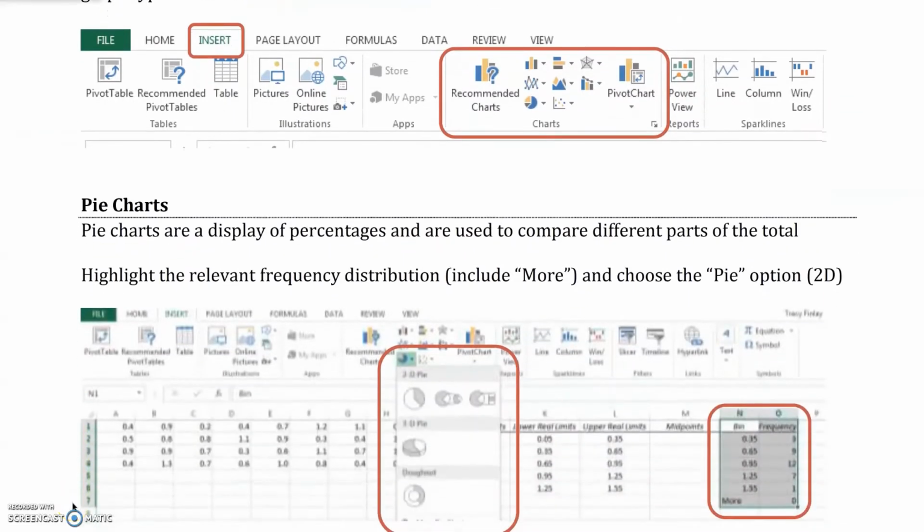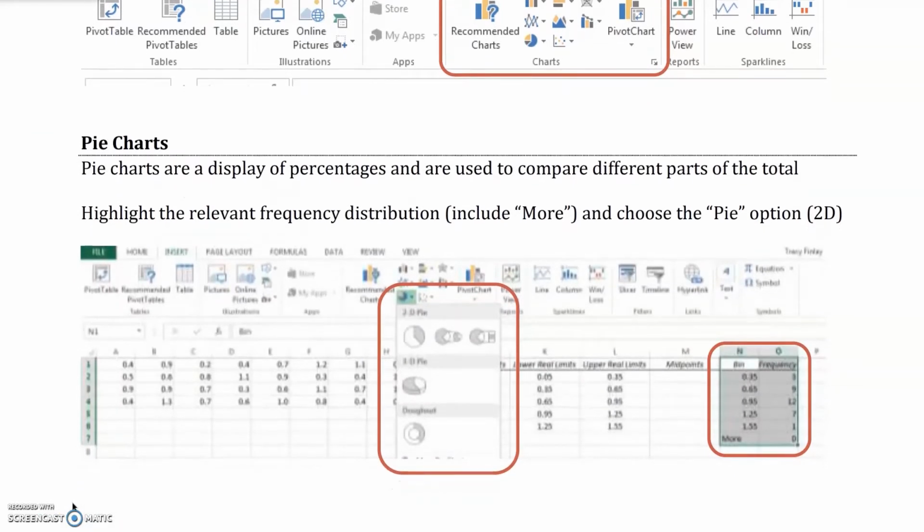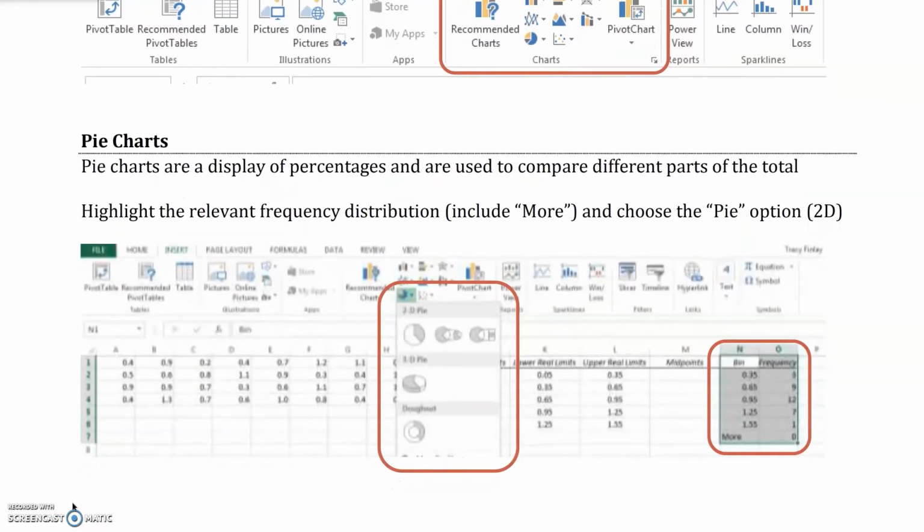So the first chart we're creating is the pie chart. Pie charts display the percentages and are used to compare different parts as relative pieces of the total. And let's look at what we're going to do. So the type of pie chart we're going to use is the 2D option. And if you go to Excel,